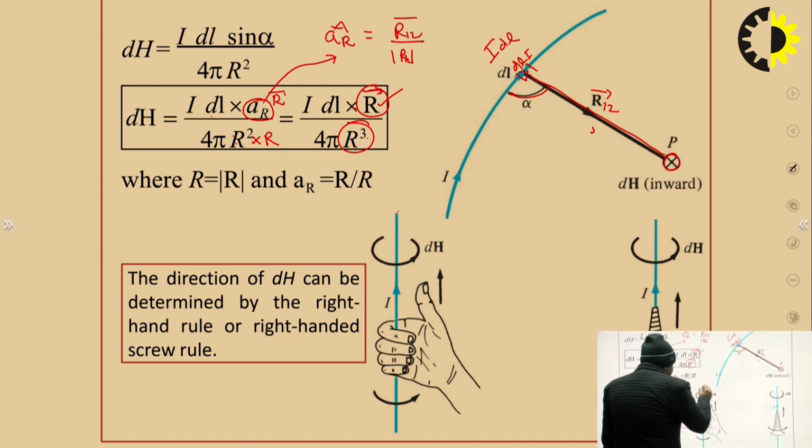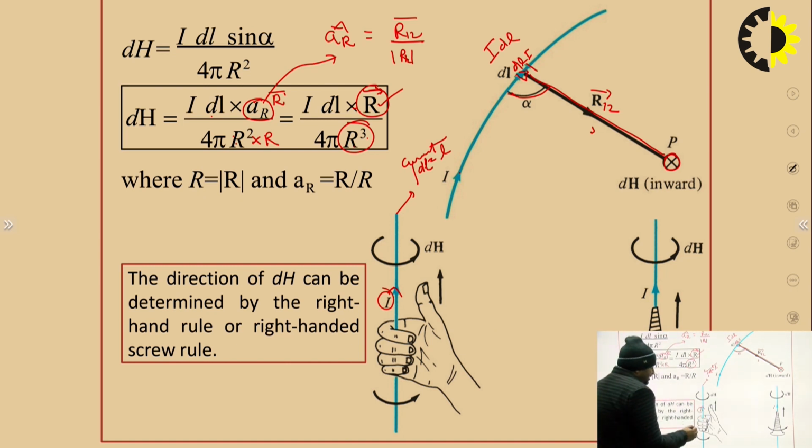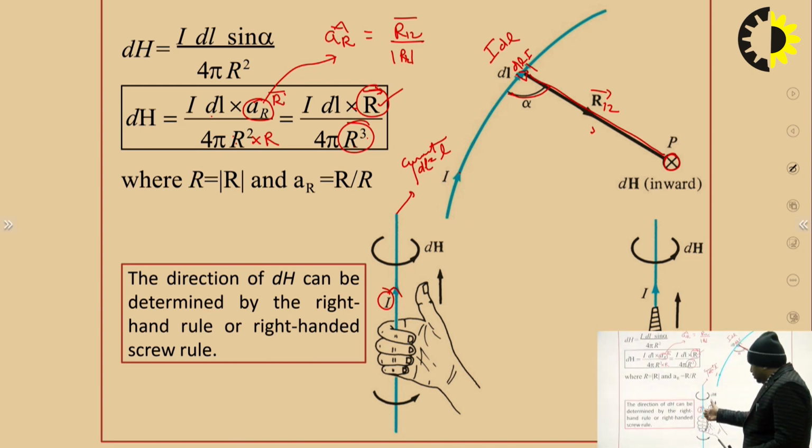So if this is a current filamentary conductor having a length of dl, and if we integrate this, the total length is L, and the current flowing in that filamentary conductor is I. So the direction of this thumb shows the direction in which your current is flowing, and the differential magnetic field intensity is defined by that particular system here,